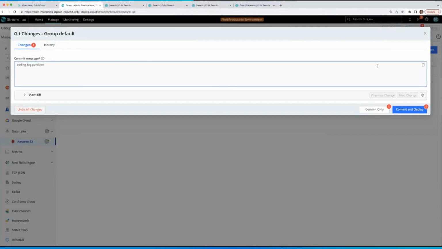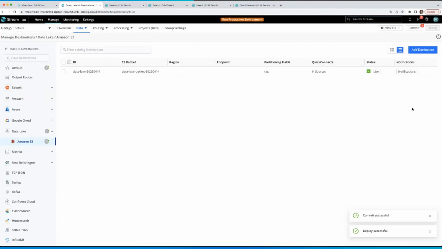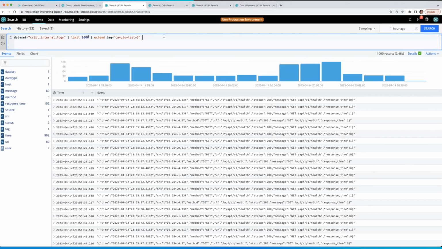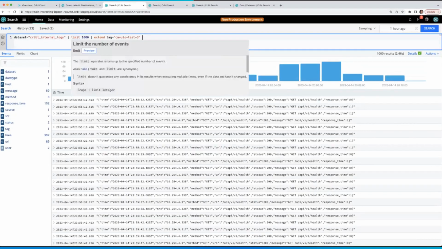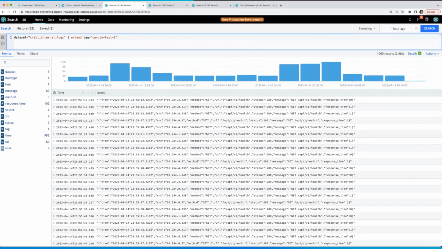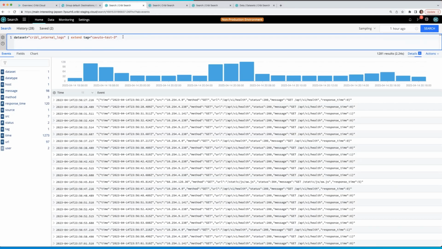We can add our comment, adding a tag partition to data lake. We'll give that a moment to execute, and once that has committed, we should be able to run another search back in search. Let's say we call this tag equals Cavuto test 3. Take a look at what this looks like here. And now let's say instead of this 1,000 events limit, we truly want all of the logs in the past hour. We might not want to see those, so we'll just go right to send and send that full result over to Stream. And maybe that set is large enough that we don't want to see it on the screen, but we've added that tag specifically Cavuto test 3,